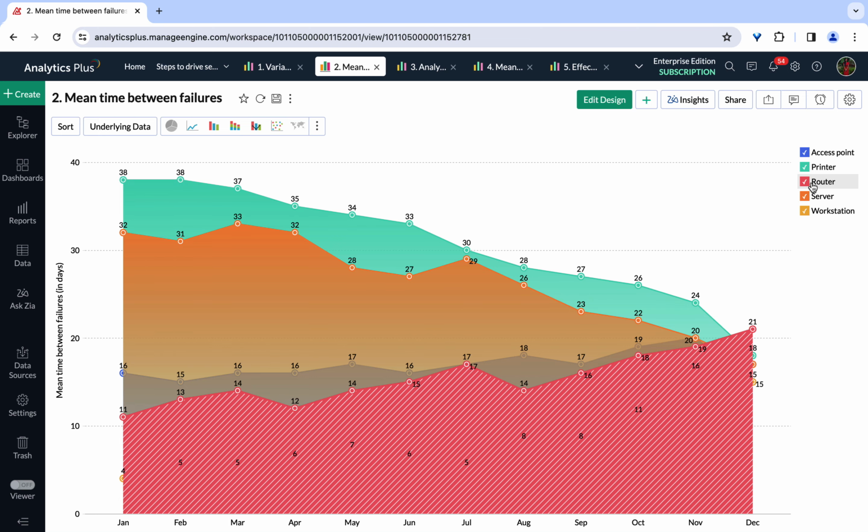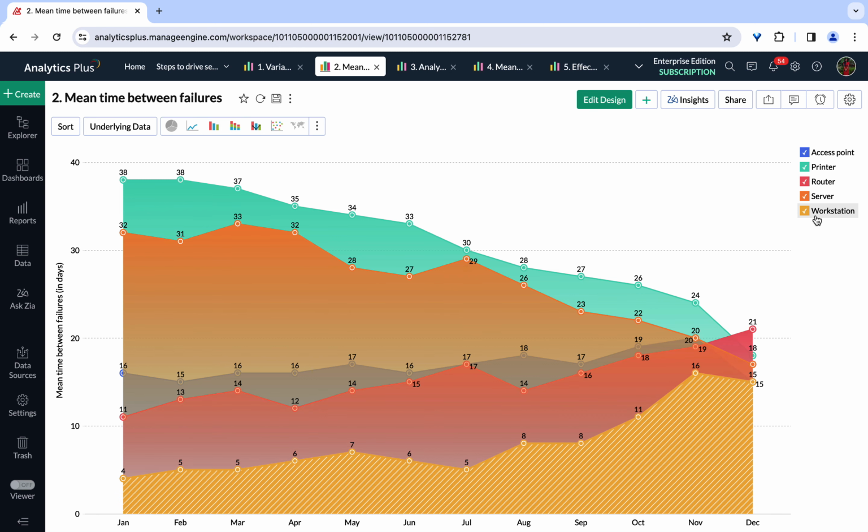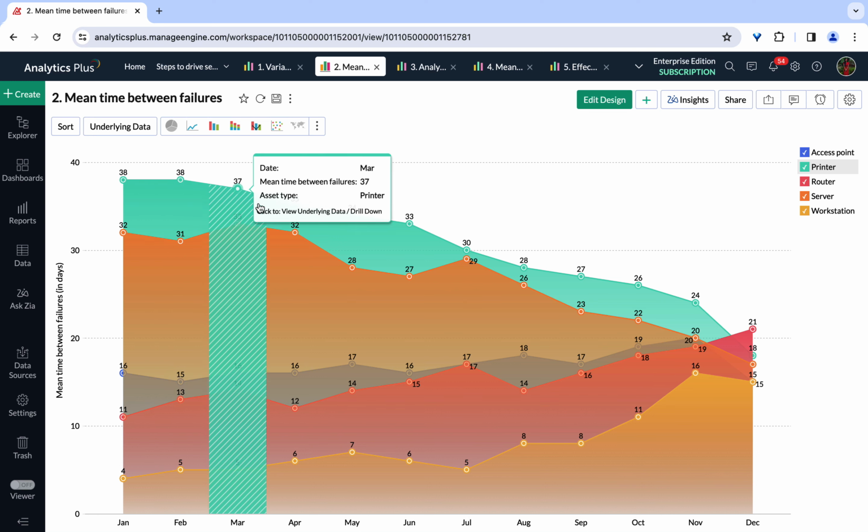For instance, you can see that a router as well as your workstation's mean time between failure values are significantly lower than other assets. Now, this signifies that your organization could benefit from more frequent maintenance activities for these asset types. Now, you can also discern a decreasing trend for printers,